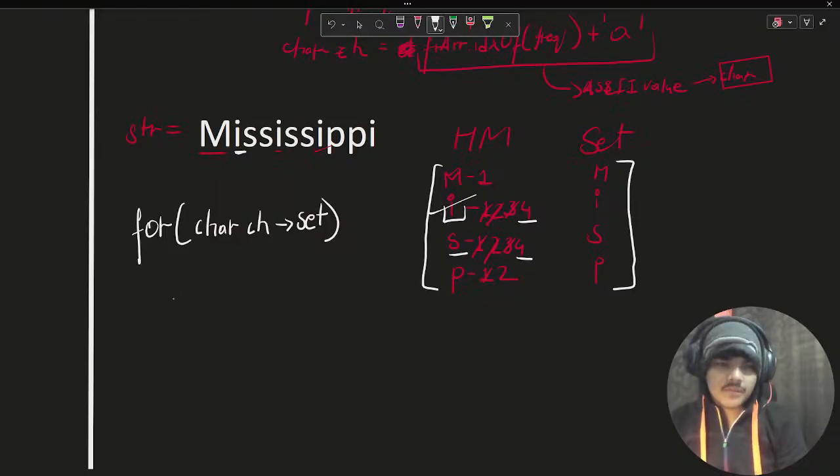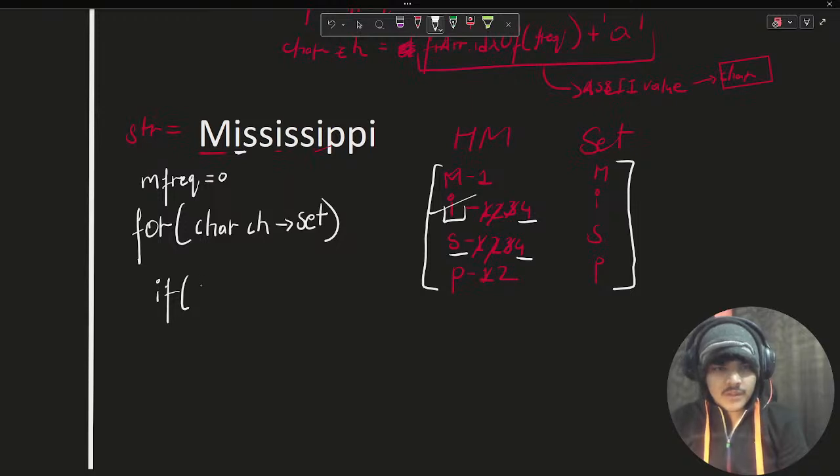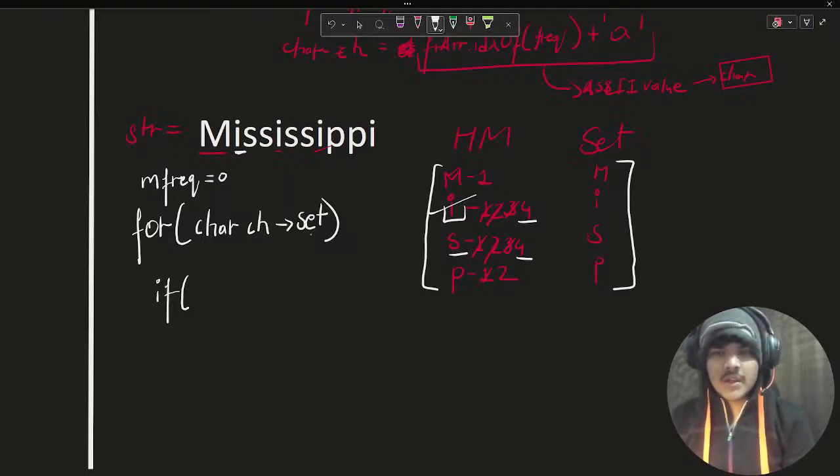And we check the frequencies over here. Let's assume our max freq is equal to 0, right? And we will have an if clause, and the hash set will give us m first of all, right? For what condition are we having? Character, that was inside the set, right? Character frequency is greater than